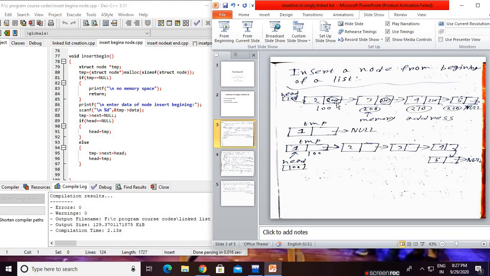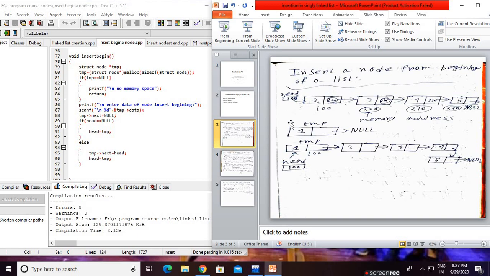Now, what is the next step? Basically, the next part stores... what is the work of the next or link part or address part? It is basically pointing to the next node, meaning storing the next node address. For example, if this node address is like 200 memory address, then obviously in this part 200 is stored. That is the thing. This is a linked list.